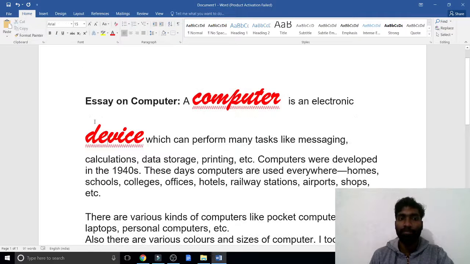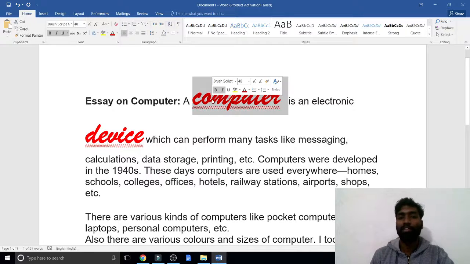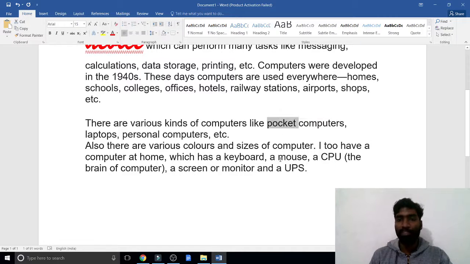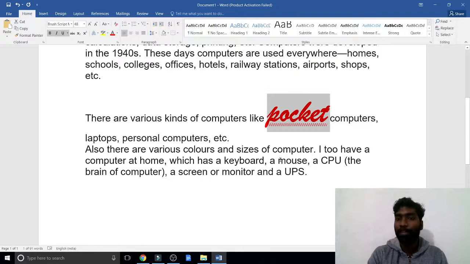Now I'm clicking here. See, the same format is applied. The shortcut for Format Painter is Control Shift C. Now see, I pressed Control Shift C, I selected this word, and Control Shift V is for paste. Over. So this is Format Painter.